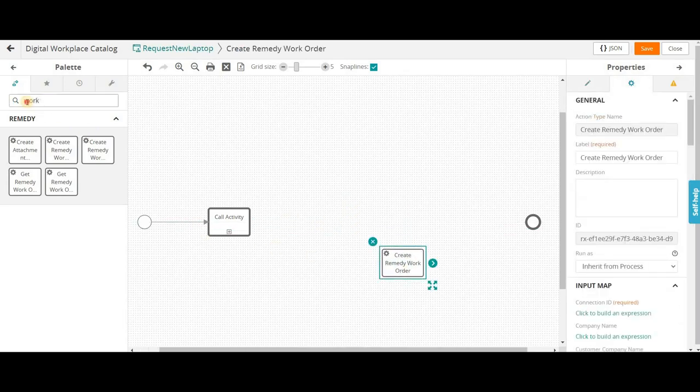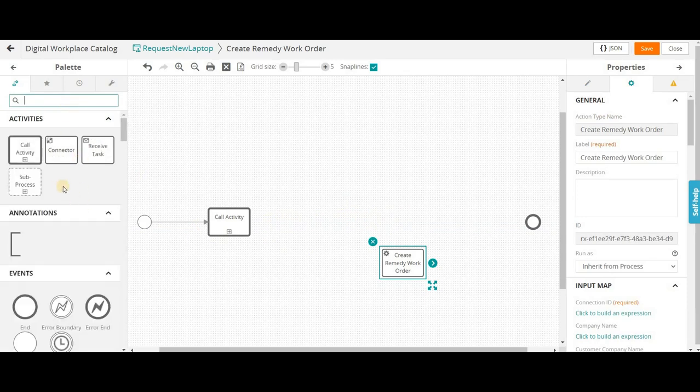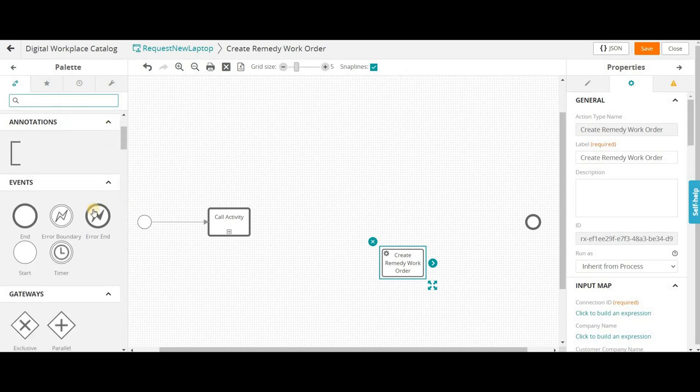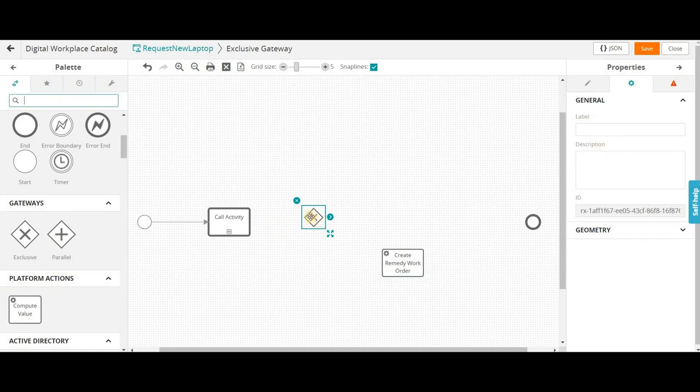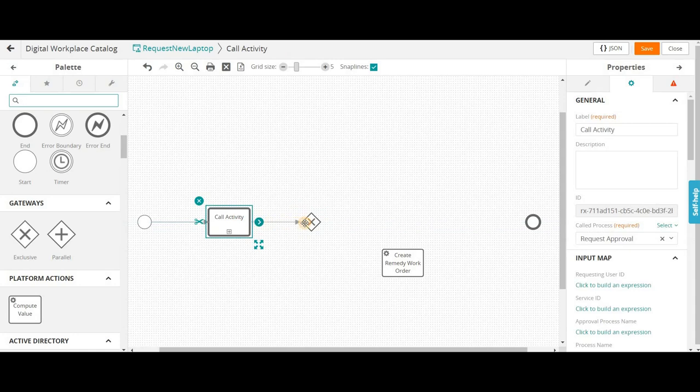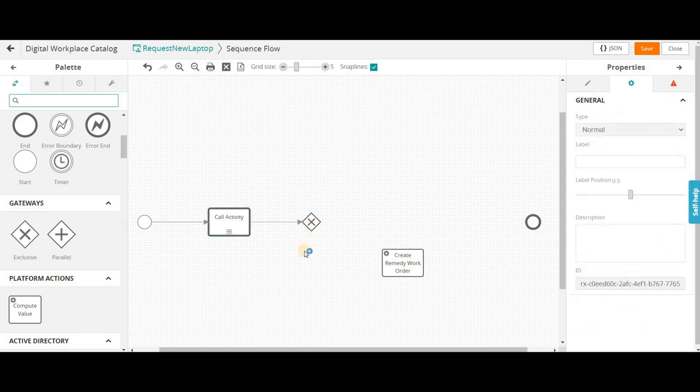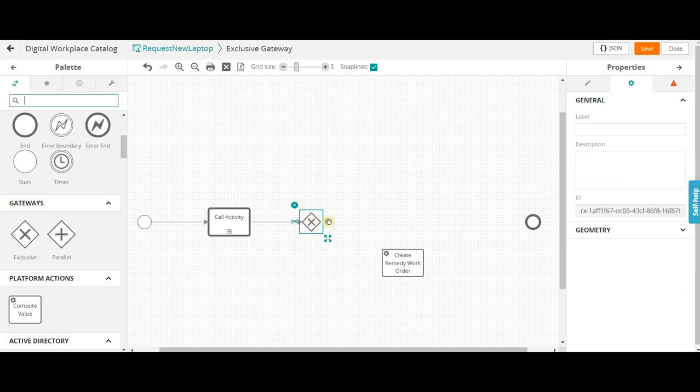So what I need to do, I have to create one exclusive object. This is basically an object which decides what is going to happen after the approval. Now, in approval, either it can be approved or it can be rejected. So now here I will decide if it is approved where it should go, if it is rejected where it